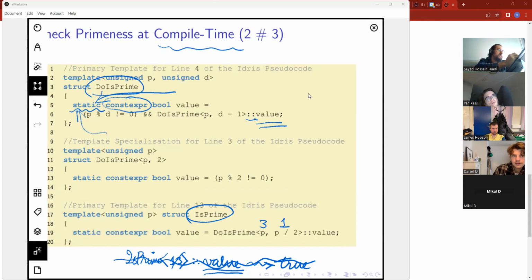And then it will go p mod 1. It's not equal to 0, which will be false. So it won't fail. It will just give you the wrong answer. I thought so. Trick question.